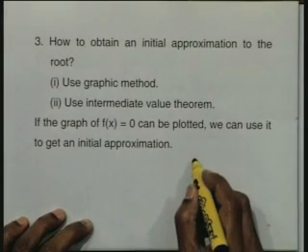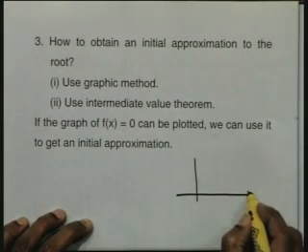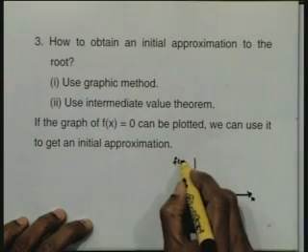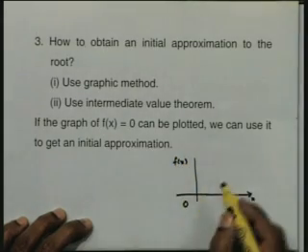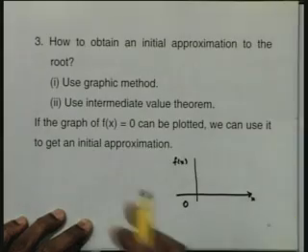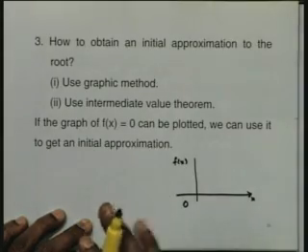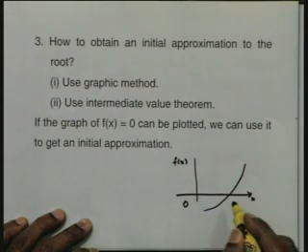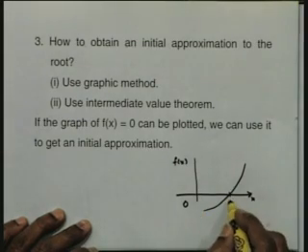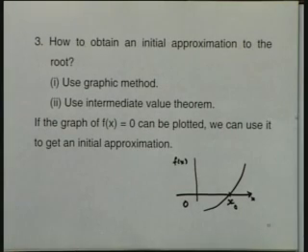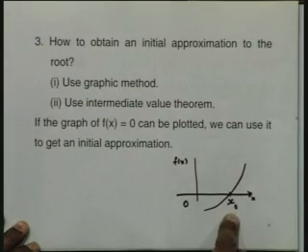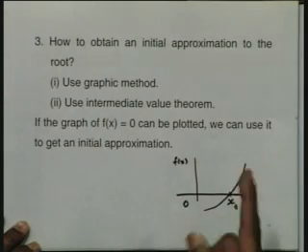So what we are really saying is that take your axis, take the graph of this, substitute a few values of this, because the f(x) could be a very complicated function. So, substitute a few values, get the values, and then just plot a rough graph of this, and then wherever it is intersecting, take that point as your approximation x naught. So, we shall take that as the initial approximation for starting the iterative method. Once I have an initial approximation, I do not need anything else, the method itself will give me the successive approximations.